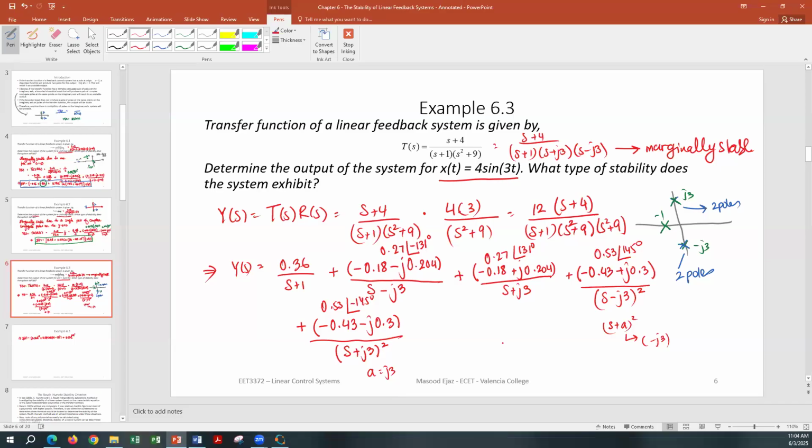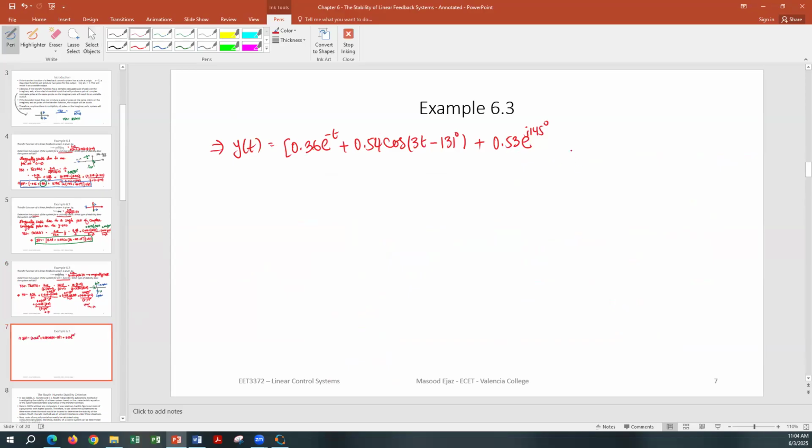So t e to the power negative alpha t, t e to the power negative j3 t